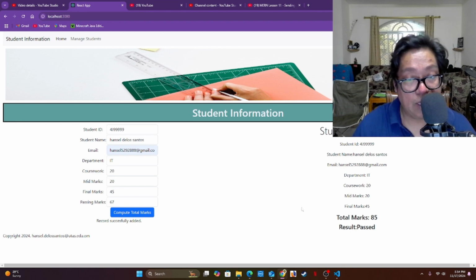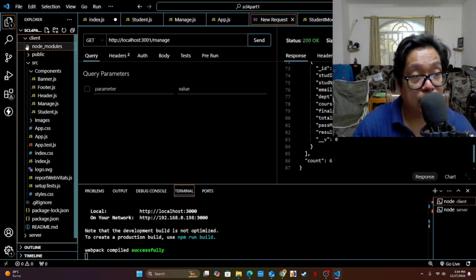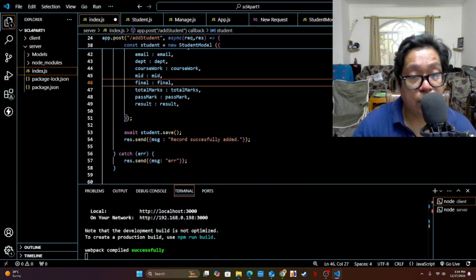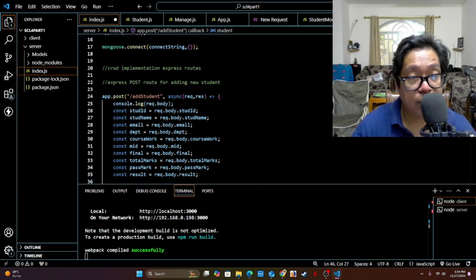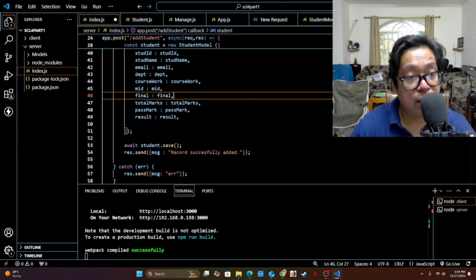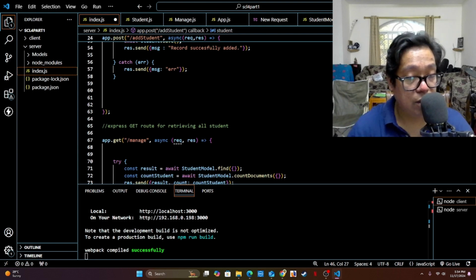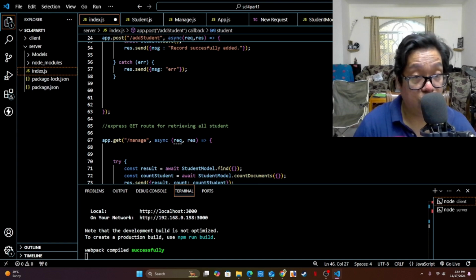development, and we have literally applied the routes that we have done from the server side, which is particularly on the couple of CRUD implementation, only the post routes, and later we're going to apply the get route for retrieving all the students data or record, which is stored in our MongoDB. So basically we're done on the server side at the moment, only for those couple of CRUD operations, because after this